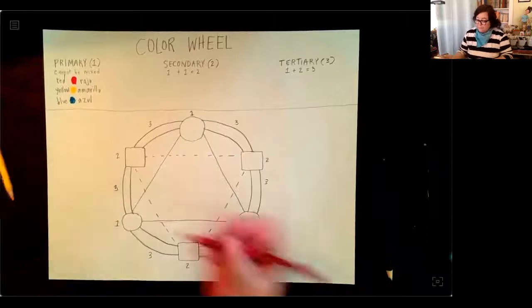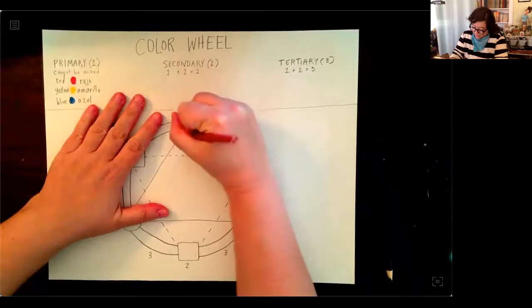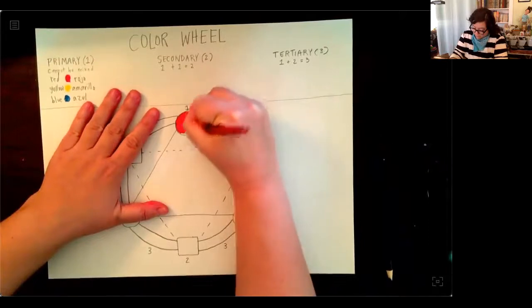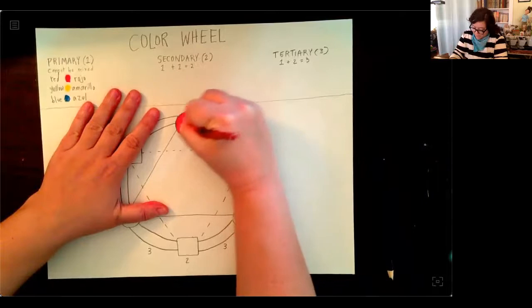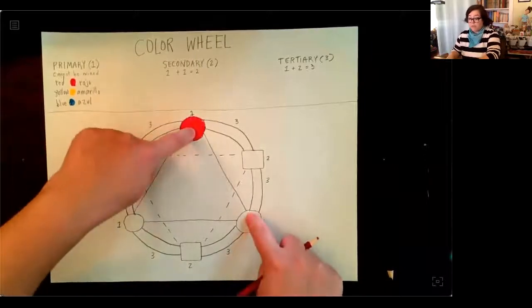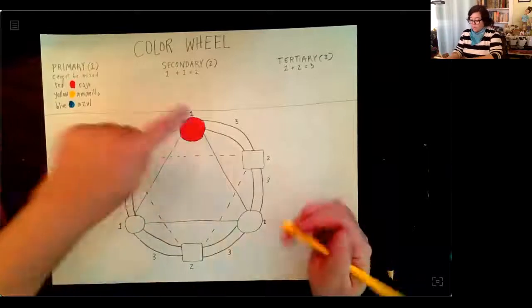Okay, so in 1, we're going to color the primaries. So I usually like to start with red at the top. It's okay if you choose to do a different primary in there, but make sure that you are mixing whichever 2 primaries you put into the secondary. So red,